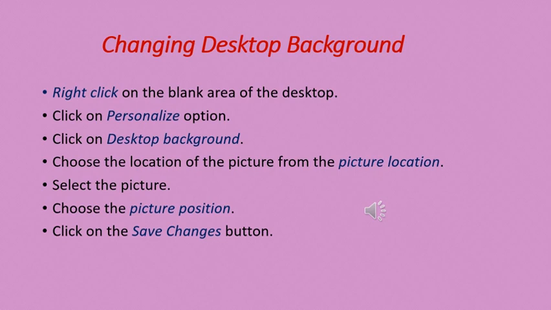In the previous section, we have discussed the basic operations on the desktop. Here we studied how to select and deselect an icon, how to move an icon from one place to another, what are the steps to arrange desktop icons, and how we can sort desktop icons by name, by size, by item type and by date modified. Then how to open an icon. These all we have discussed in the previous section. I think you remember whatever we studied in the previous section.